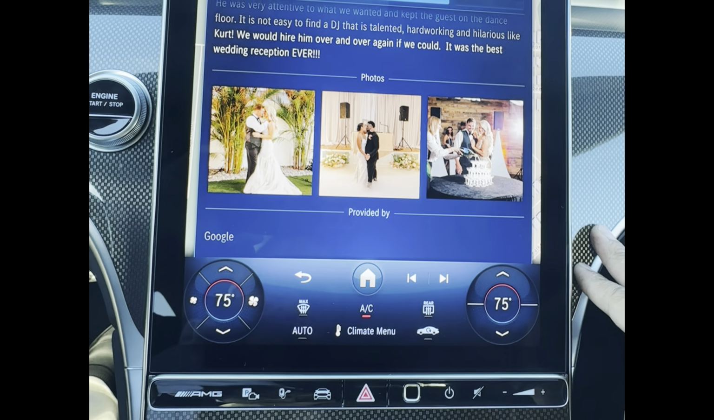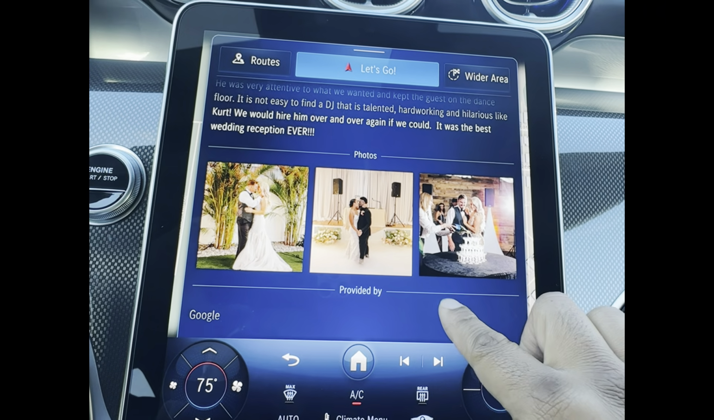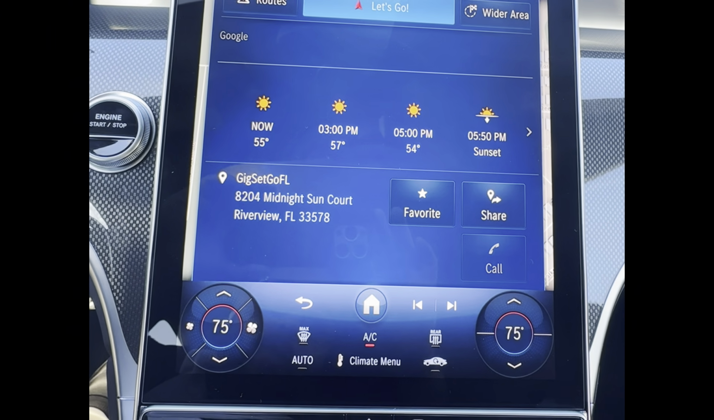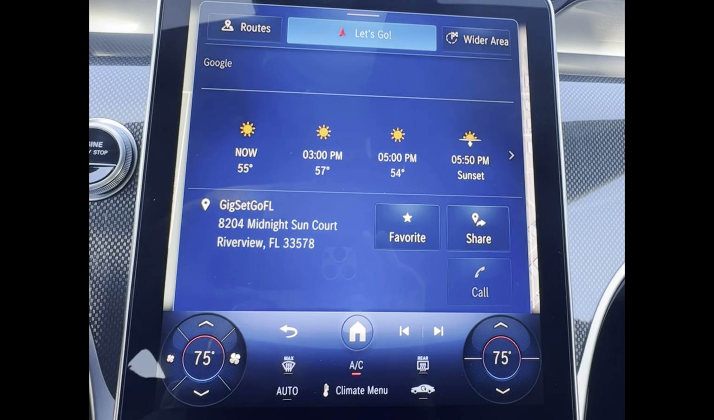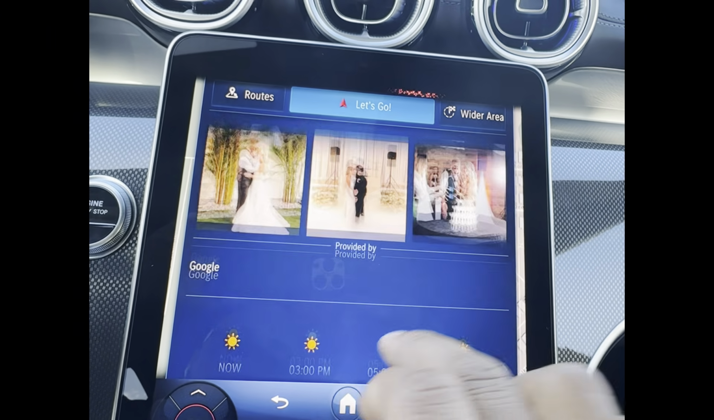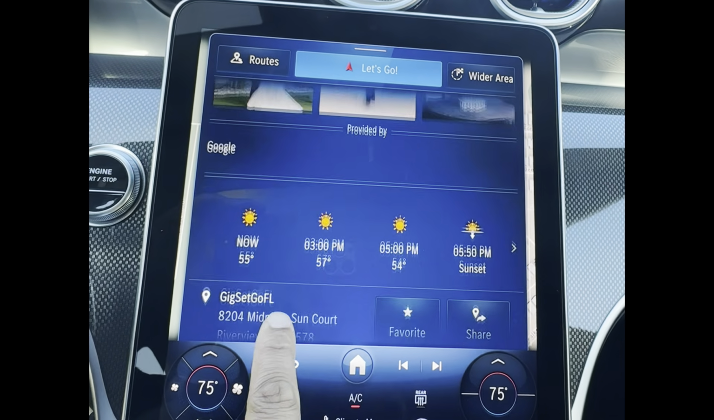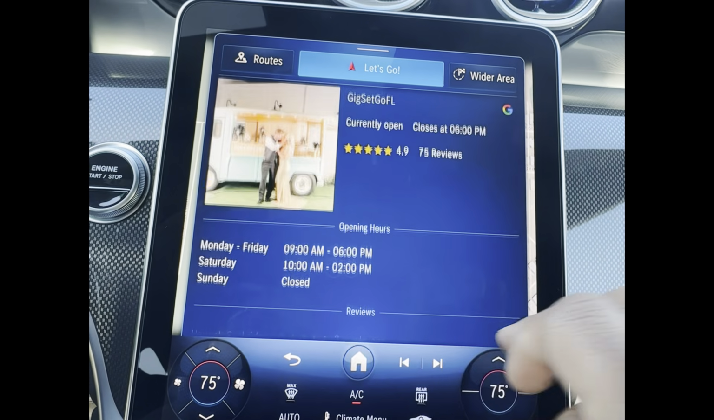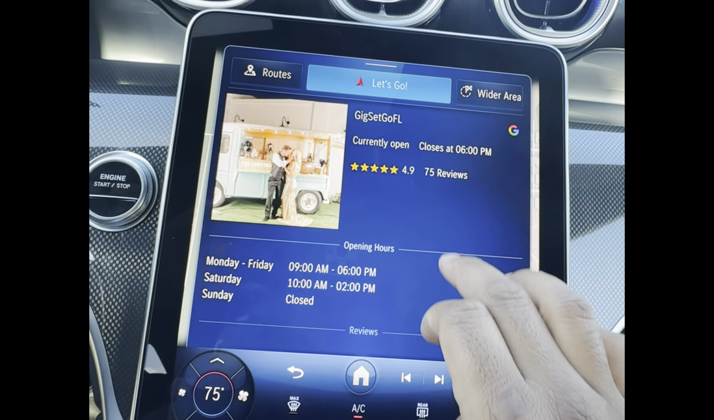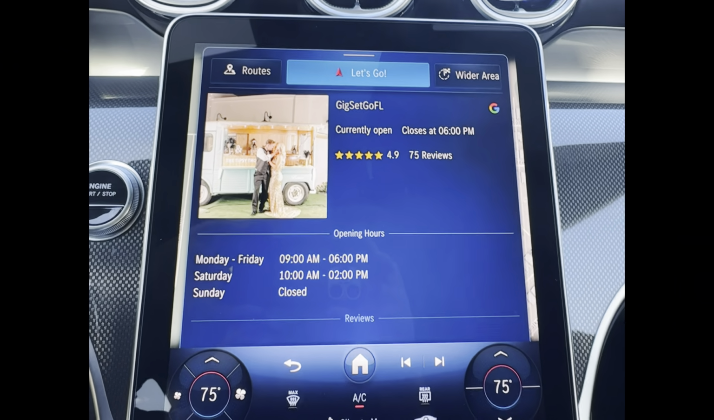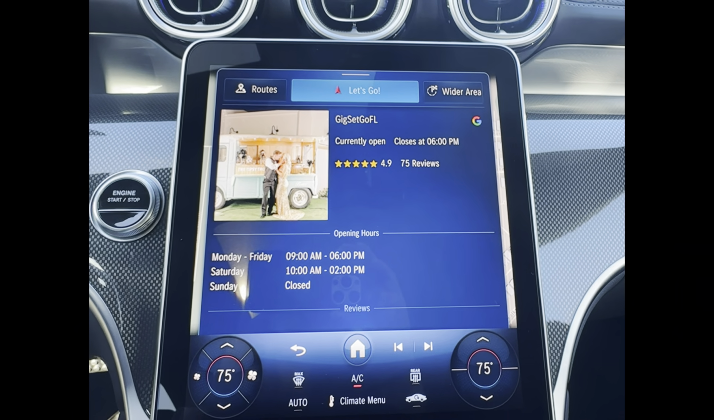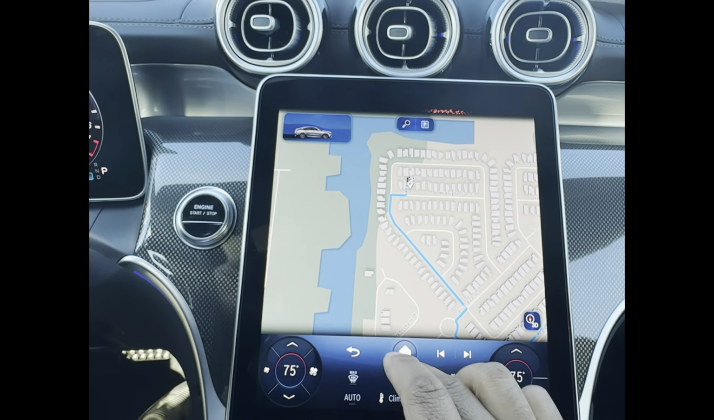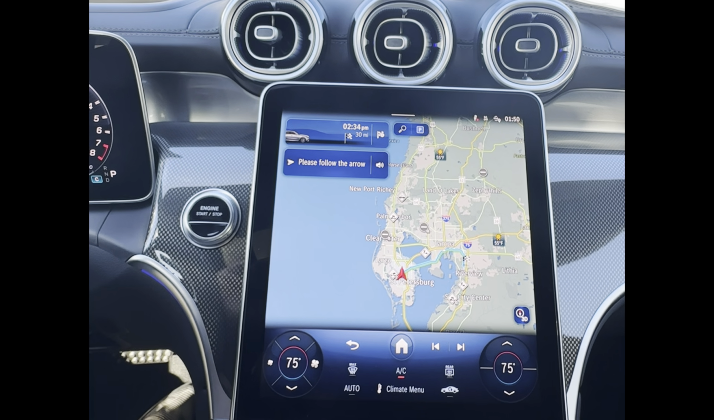So I have no idea what this business is, but I hope that Get Set Go Florida does well here. Hope you guys are doing awesome out in Riverview. Also, little touch, they tell you the weather for your destination. This is more useful for longer trips, more distant destinations, of course, but this is a little perk for this Google implementation right here. Of course, if you hit let's go,